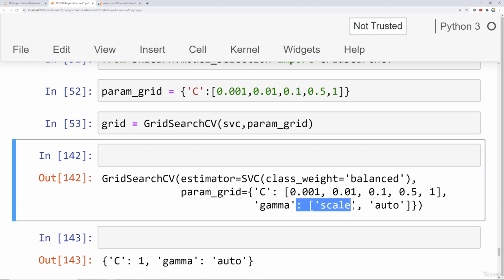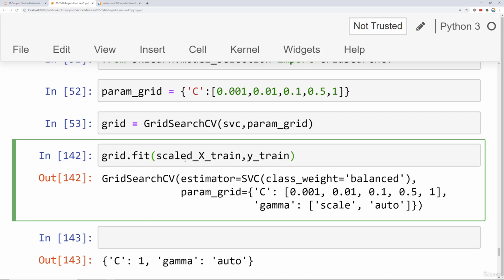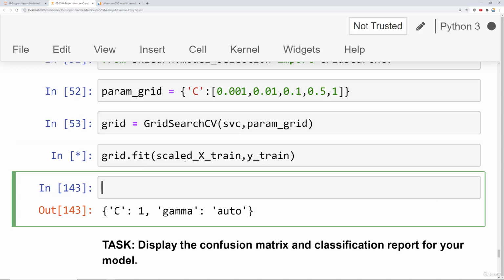And you can also test out different gammas like we did here. But we'll say that the grid, check out the best parameters from it. So after you run this, oops, we actually forgot to fit this. So we need to fit this to our scaled xtrain data and then our ytrain. There we go. So that's going to take a little bit of time to run through all those combinations for